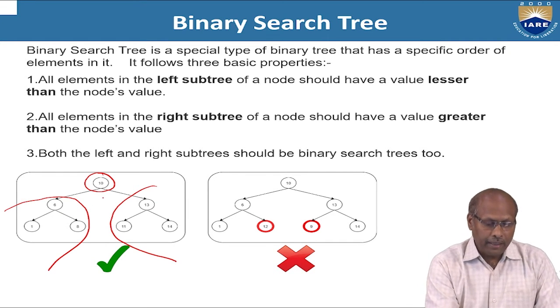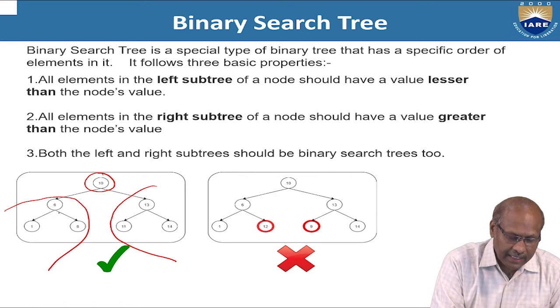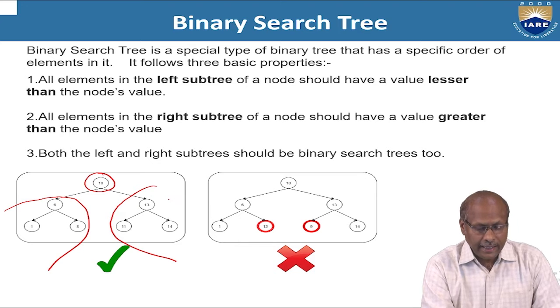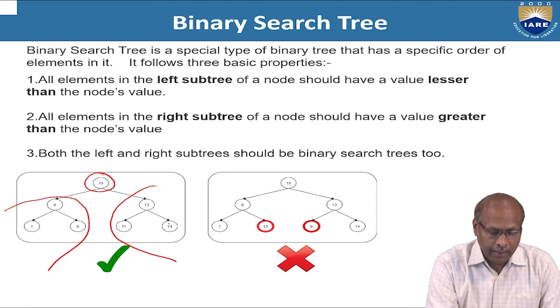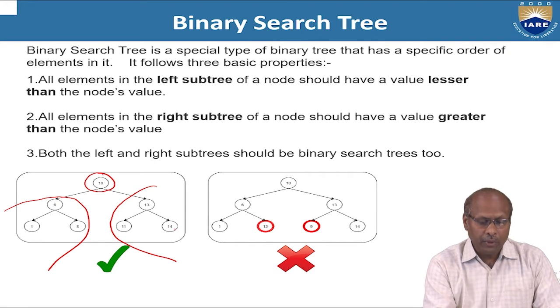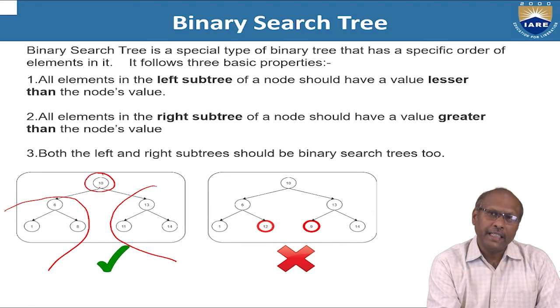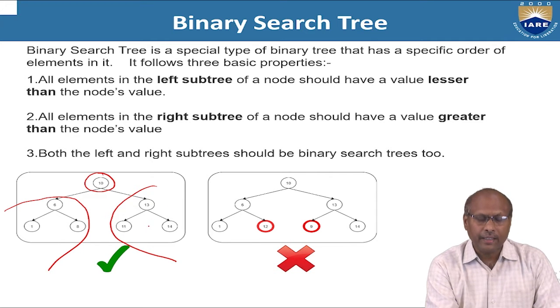In the left subtree, the values are 6, 1 and 8. And in the right subtree, the values are 13, 11 and 14. Now if you observe, the left subtree values are less than the parent, whose value is 10, and the right subtree is greater than the parent. So this is a valid